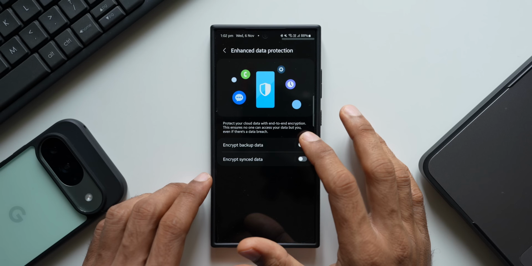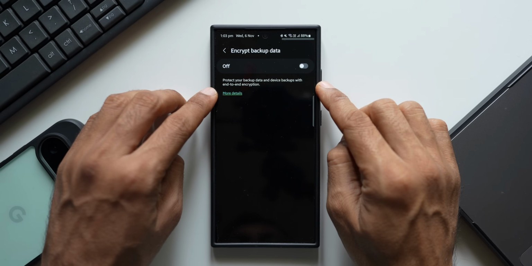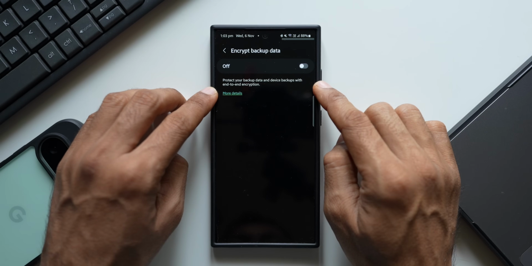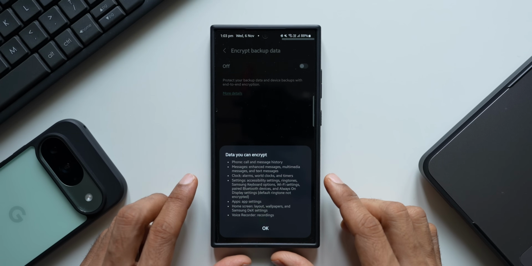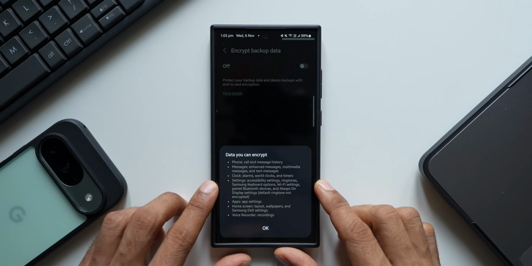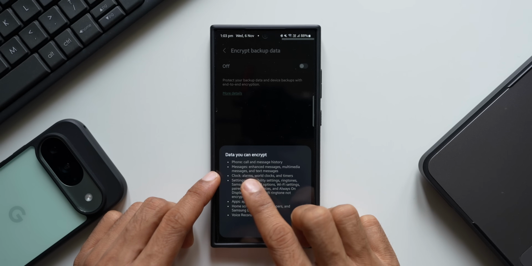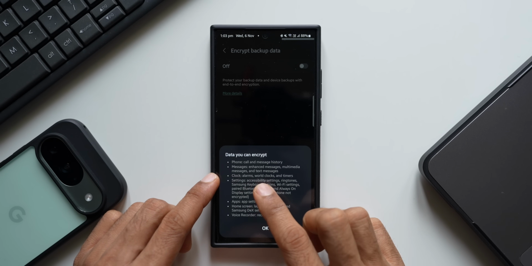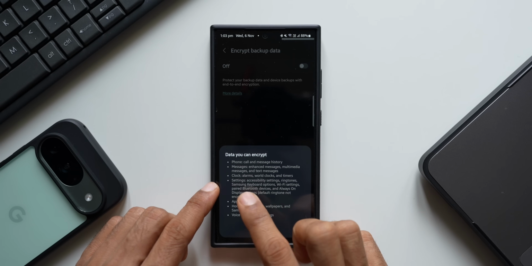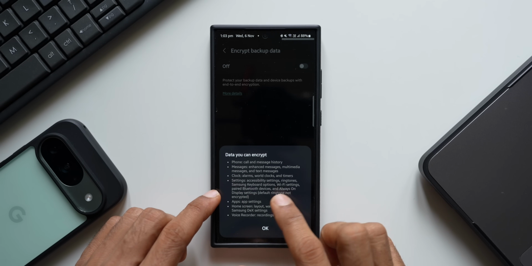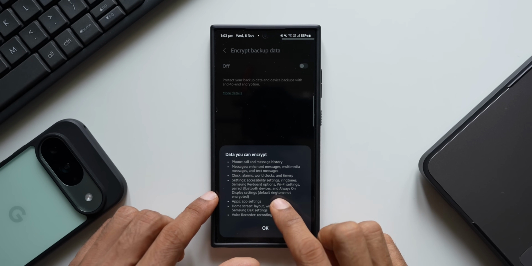Now let me tap on encrypt backup data. You can see I can enable this toggle here. It says protect your backup data and device backups with end-to-end encryption. When I tap on more details, it's going to show us what exactly is being encrypted here. It says data you can encrypt: phone, the call and message history, messages, enhanced messages, multimedia messages and text messages. In the clock application, alarms, world clocks and timers. In settings, we have accessibility settings, ringtones, Samsung keyboard options, Wi-Fi settings, paired Bluetooth devices, and always on display